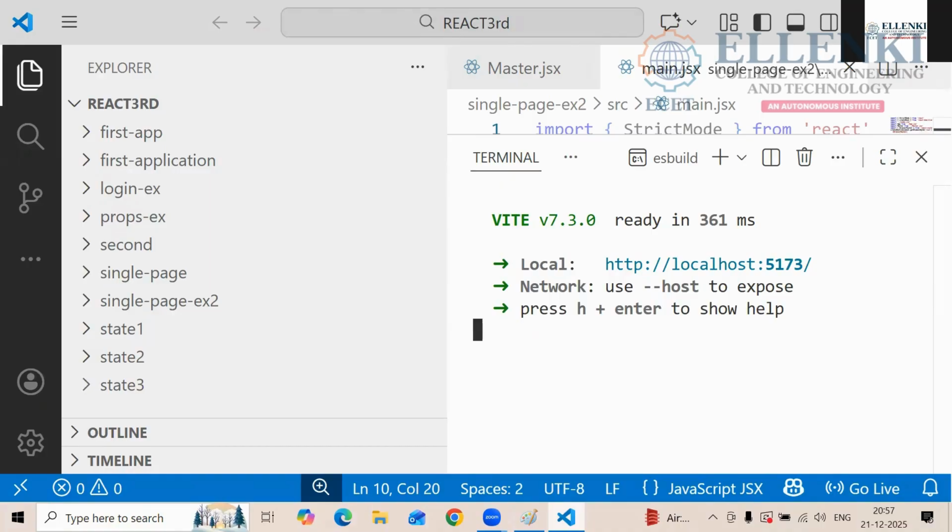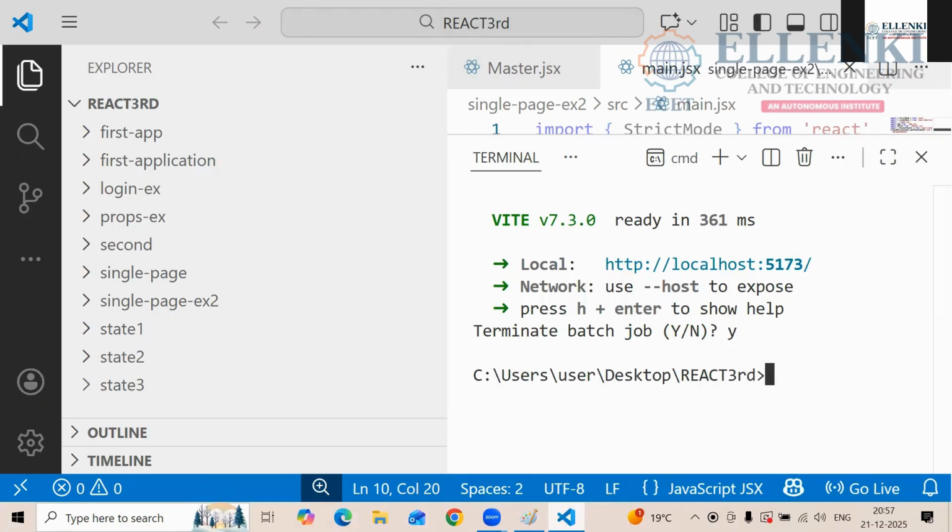First you have to switch to your project. Yes or no? In your project only you have to install it. So what do you have to do? Control C, if you want to terminate this one. You are in React third, but if you want to switch to your project, you have to cd, what is your project name? Login-example. Now you are switched to your project, right? Now you have to install your library. How are you going to install it? npm install. Tell me if you know, speak out loudly.